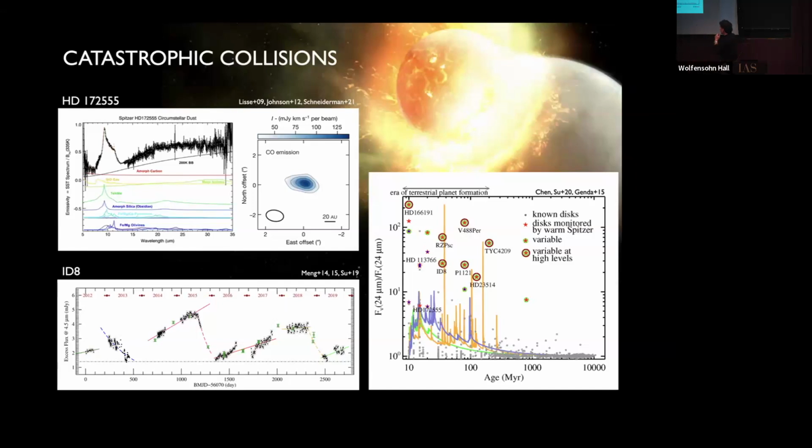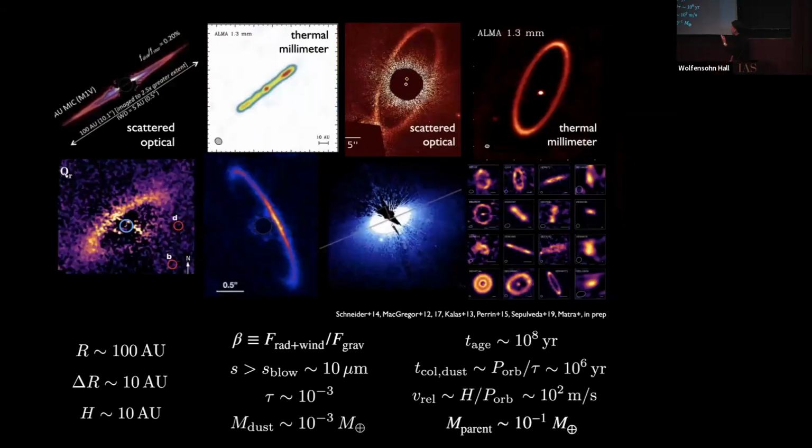Our contribution to the evidence for catastrophic collisions comes from morphology. We've been looking at the shapes of debris disks to see whether we can detect a signature for a collision. And here I'm going to switch gears in the talk to not focus on the sub-AU scales, but to focus on Kuiper belt-like scales where we get the best images. Okay, so I'll be looking at scattered light images like these for these extrasolar debris disks. This is 100 AU scales.